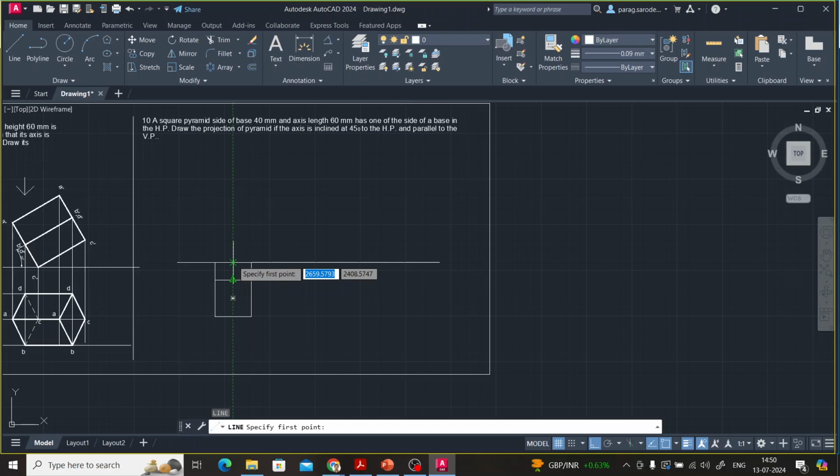I just make sure the OSNAP is on, and I will draw a line here of 60 mm for the axis. Then from the apex I will connect this. I will join this till the end point, and then we will join this. So in this way the triangle gets constructed in the front view. Now this I will replace by a center line. Now in the top view, that is the true shape, we should join this